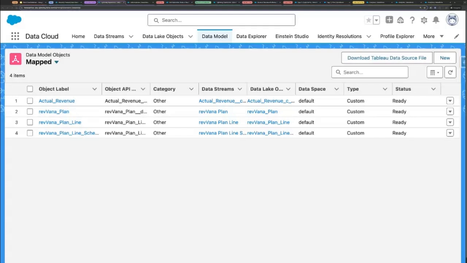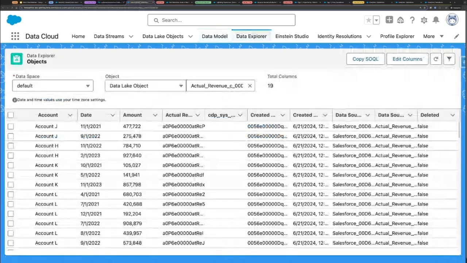So this is an org. If you haven't seen Data Cloud, I'm going to show you some screens where we have already loaded the actual revenue, but this is what it looks like. You create your data lake objects and models, and then load data in either from Salesforce objects or external systems. They have a huge plethora of connectors, which allow you to establish data streams to bring the data in. But for the purpose of this demo, we are just looking at actual revenue.